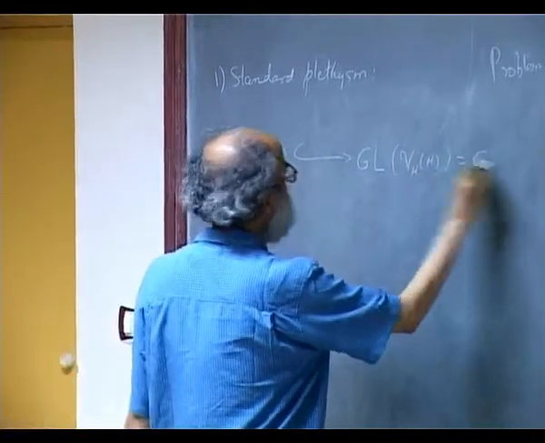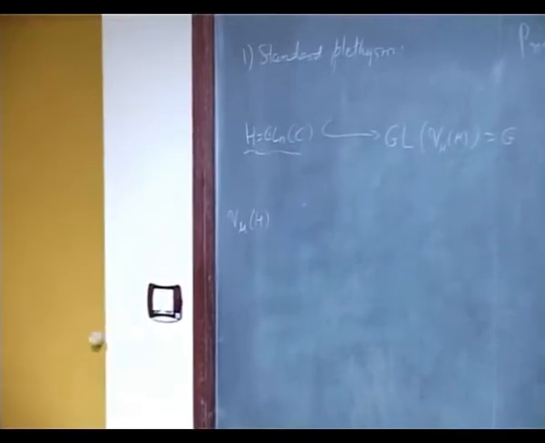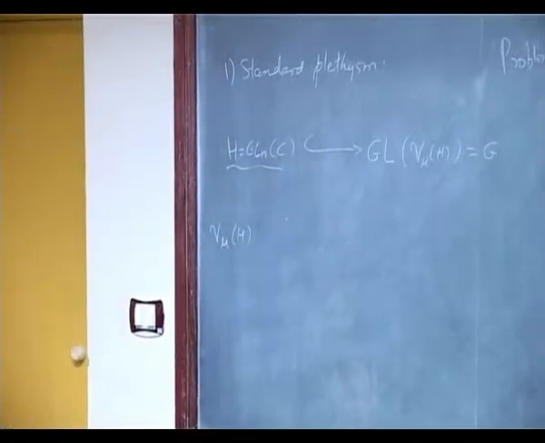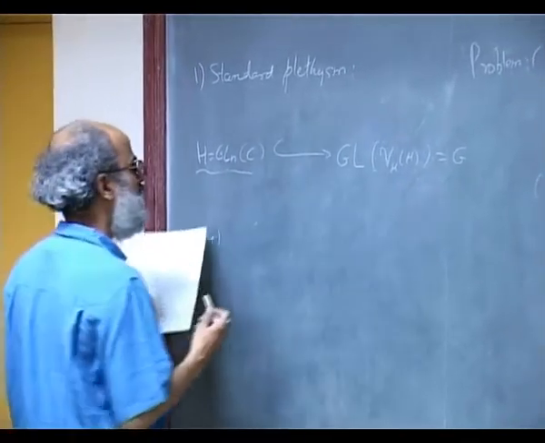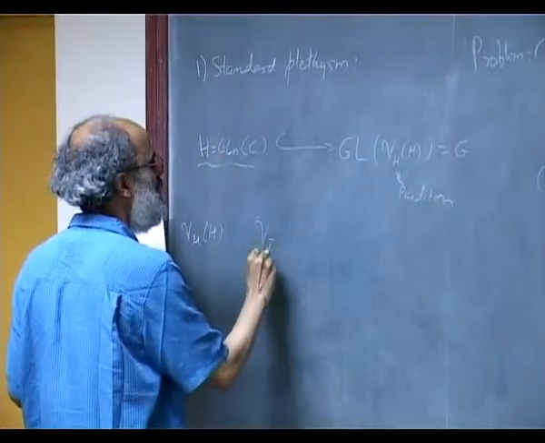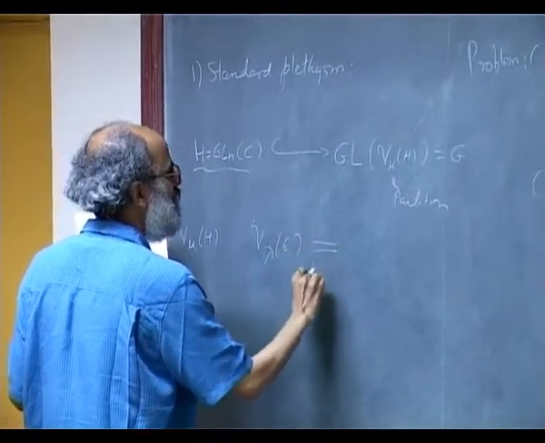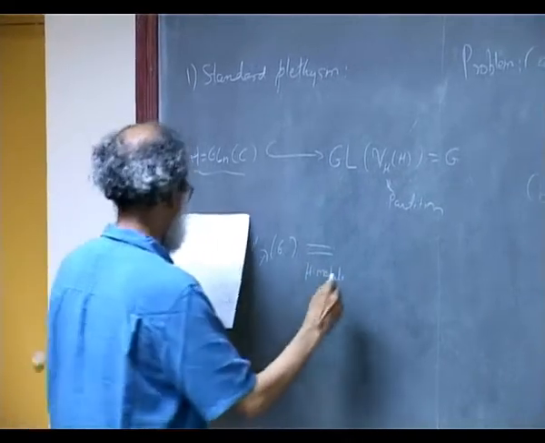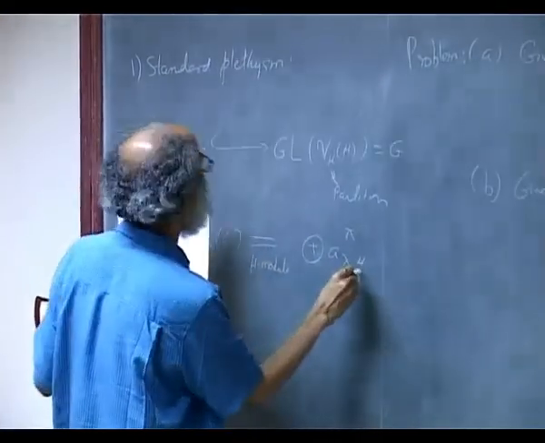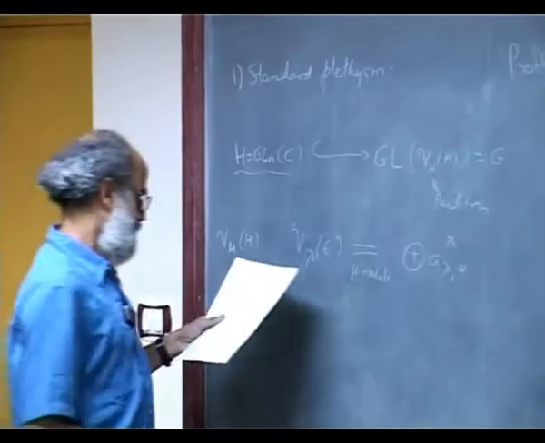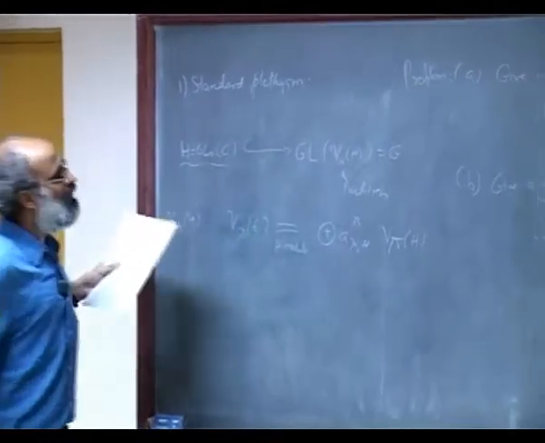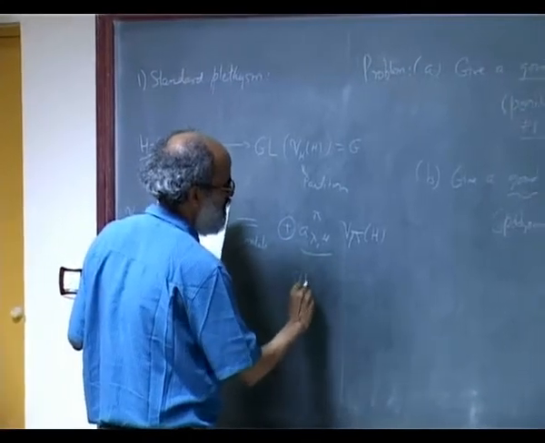So let's call this G. Let's take this to be that rho, just the homomorphism corresponding to the representation map of H into GL of V pi of mu of H. And this is also some partition, and then of course V lambda of G as an H module would split as A pi lambda mu, instead of rho I am writing this mu, because this mu specifies this completely, times V pi of H. So this is how it would split as an H module. So these are the standard plethysm constants.